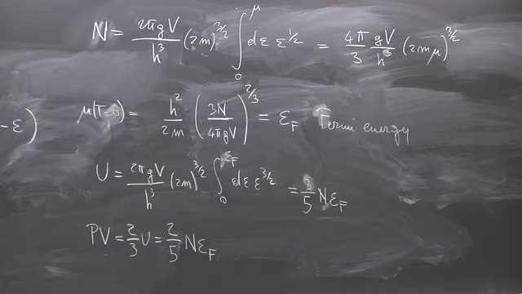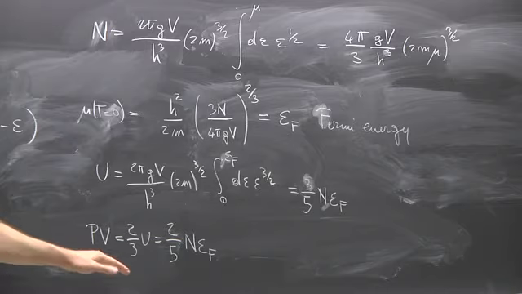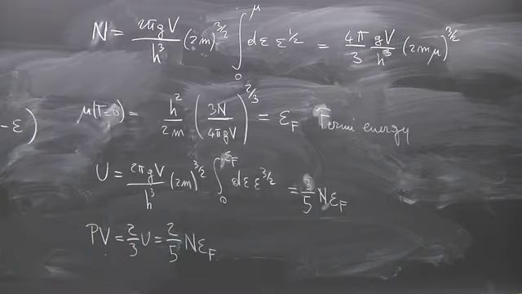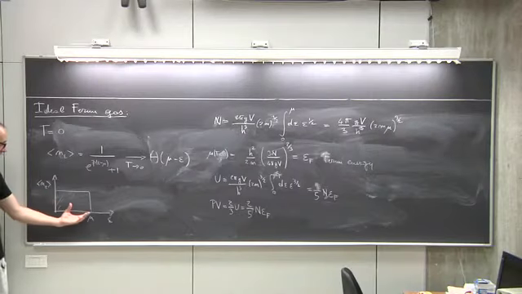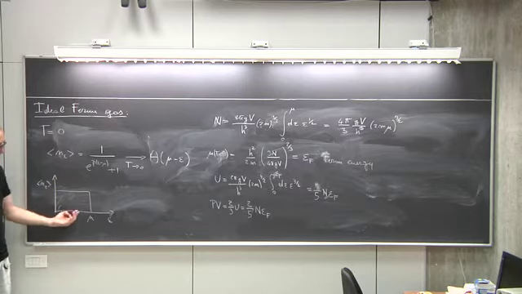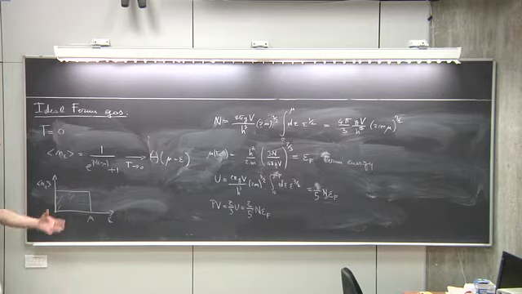In this case, the pressure does not go to 0. The reason is that essentially all these particles are packed into these energy levels, and if you change the volume, you will affect